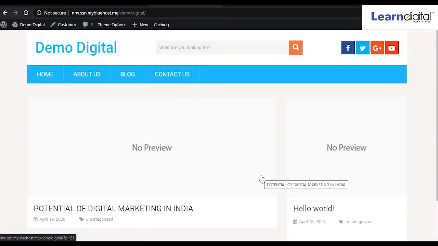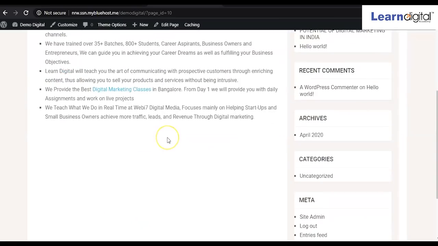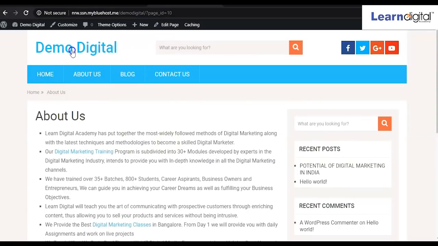Now we can see the changes here. This is the title, this is the home page, right? And some social icons are coming. So a little bit it is looking good, but we have not put content over here. As we keep putting content, this website will look cool and nice as well. So check about us. Yeah, this is the about us page. Fine.